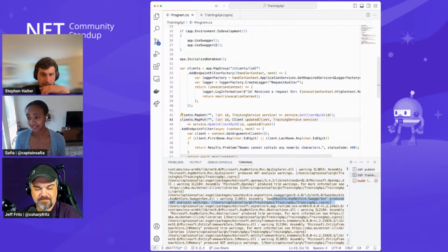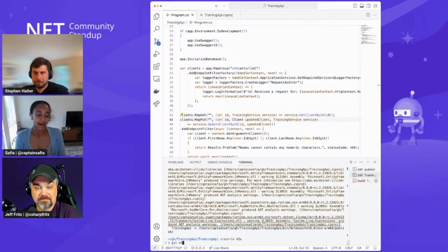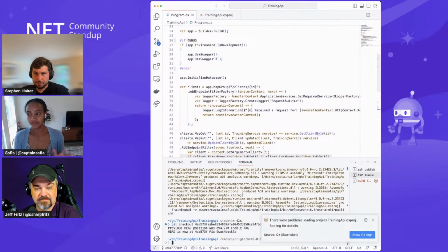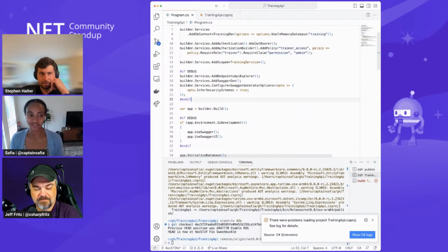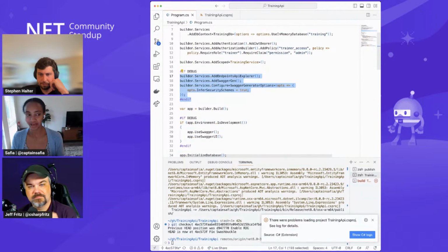So one of the things that you can do is omit the compilation or introduction of those Open API related types in your application if you're building it in release mode. So that is one of the things that you can do here. Again, not an ideal solution. This is hopefully something that we're going to continue to improve on in future releases. But what I've done here is I've stuck all of my OpenAPI related things behind an #if DEBUG.